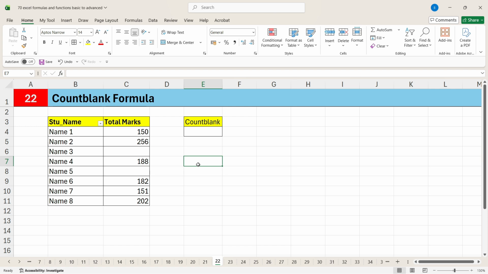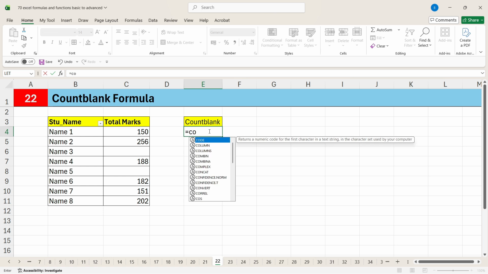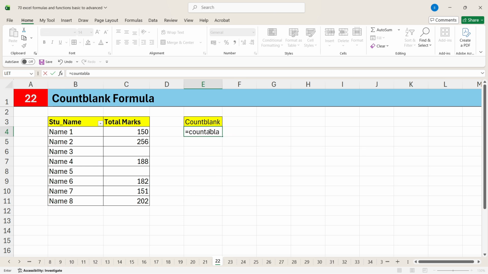Now let's apply the COUNTBLANK formula step by step. On the right side we have a small heading, COUNTBLANK, and below that we have an empty result cell where we want the answer. In this sheet the result cell is E4. So we click on cell E4 and type the formula: equals COUNTBLANK, bracket open, C4 colon C11